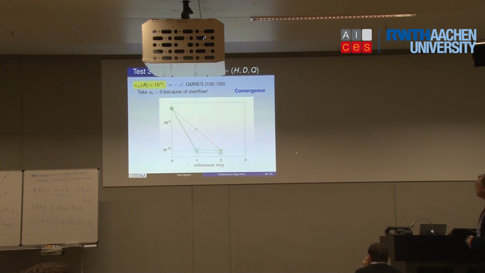Here's, again, half precision factorization, but a fairly ill-conditioned matrix. Refinement still converges. Now, interestingly, the x0 gave an overflow. So the initial LU factors computed in half must have had maybe a 0 on the diagonal of U, but I got overflow. So what do? Well, we just set x0 to 0. So interestingly, the refinement process is powerful enough to work even if you give x equals 0 as the starting vector.